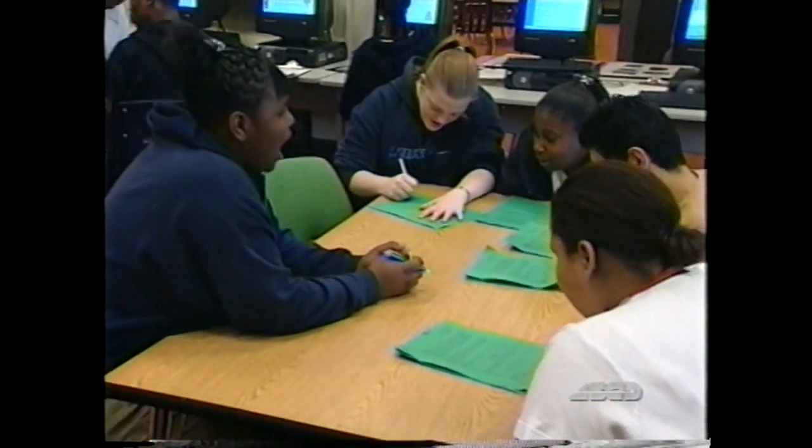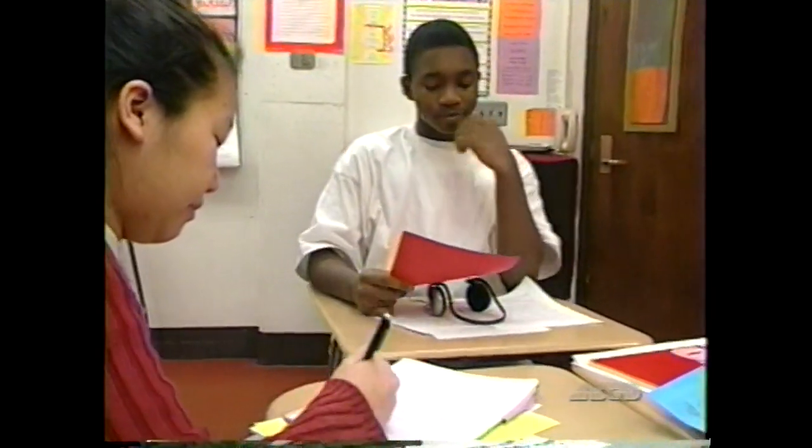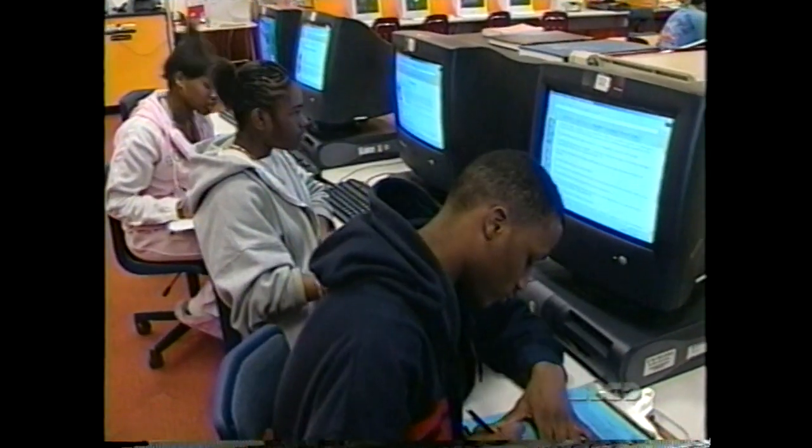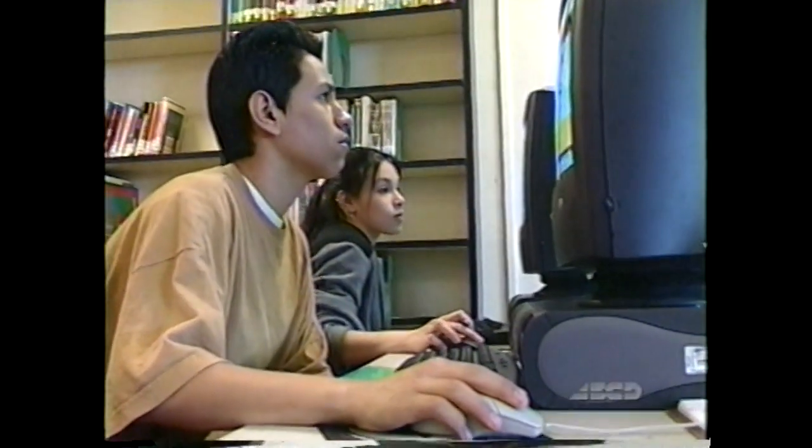I'm using WebQuest because not only does it extend the learning in a particular area, but it also gives students opportunities to be accountable for something that they're interested in. It gives students an opportunity to take on a role, take on a responsibility. It gives students exposure to technology, which is really important in most of the jobs that they'll have in the future. Differentiated WebQuests are wonderful opportunities for kids to work on powerful ideas with technology that's compelling to them, in work configurations that are exciting and productive, in ways that address their